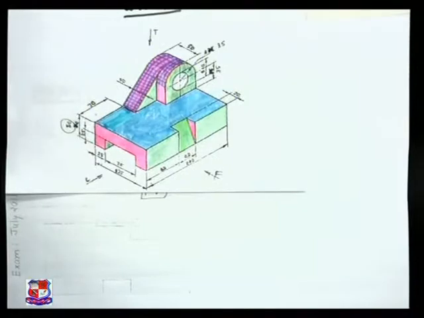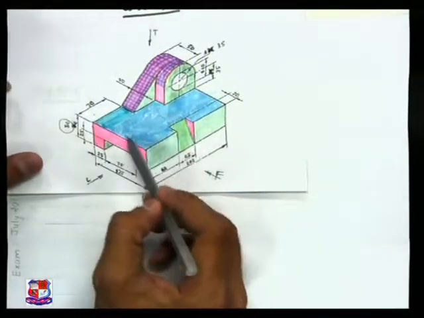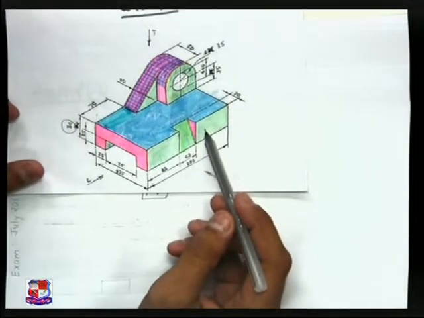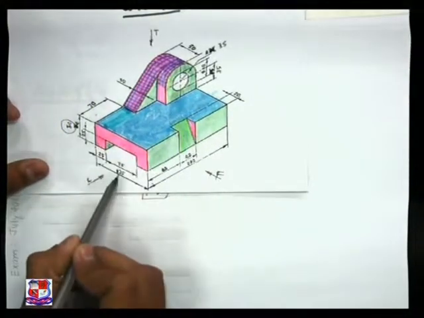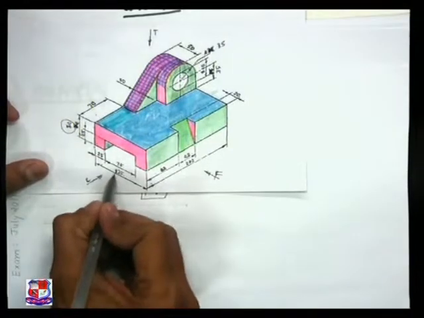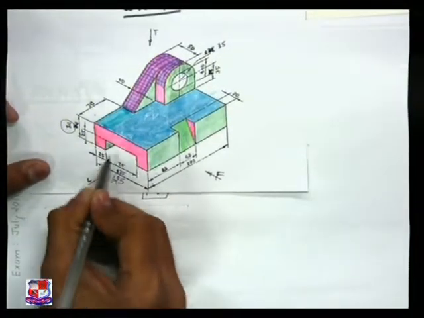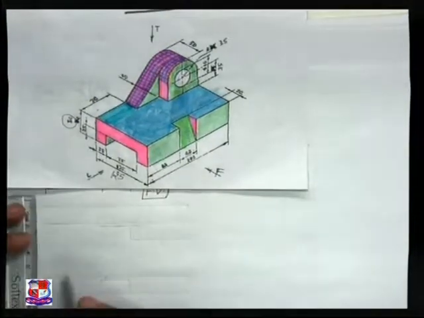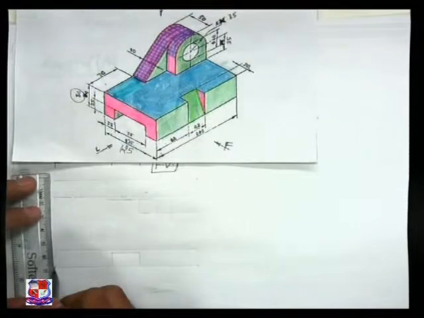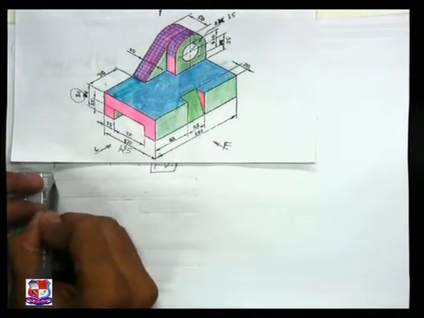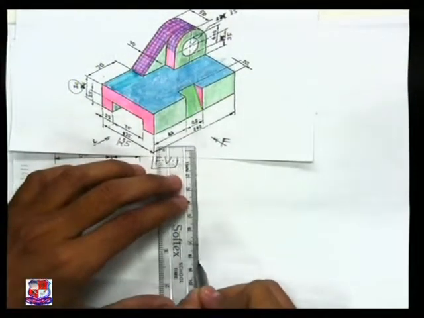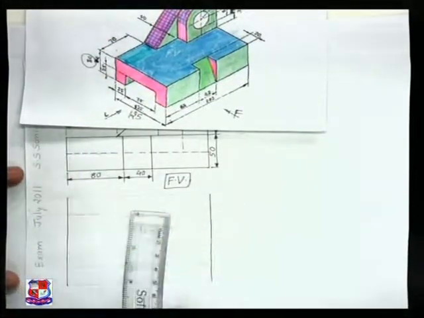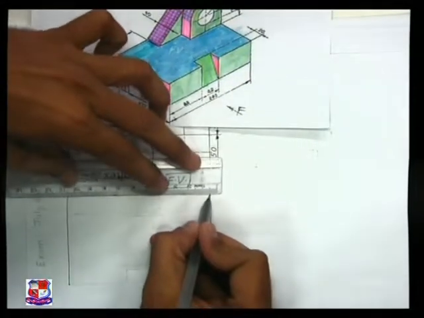If you look from the top side, then this blue colored portion would appear, and in top view its width will be similar to the width in front view, and its height would be equal to 125 mm. Here 125 is written. So this height would be 125, and here the width would be 200 mm. So draw a rectangle like this below its front view. You can take projection from its front view as well, drawing horizontal and vertical lines from its front view.